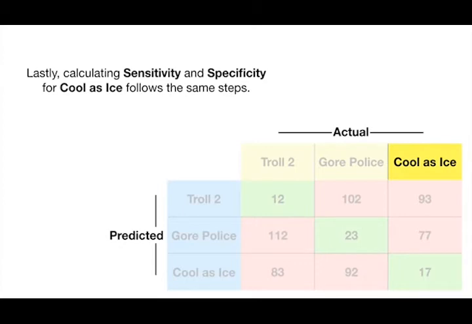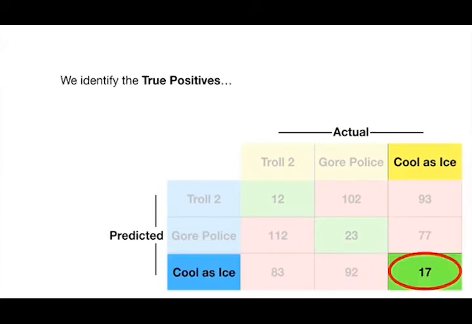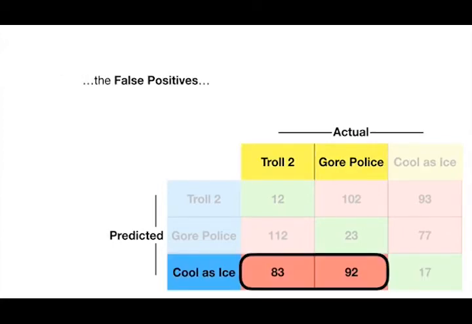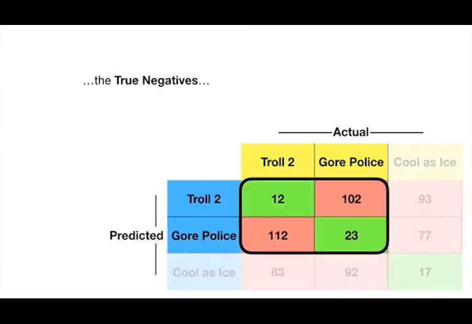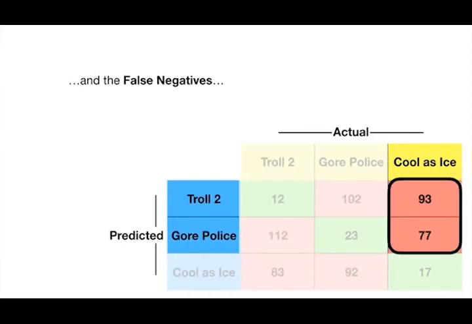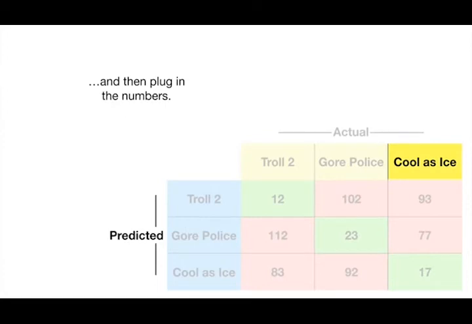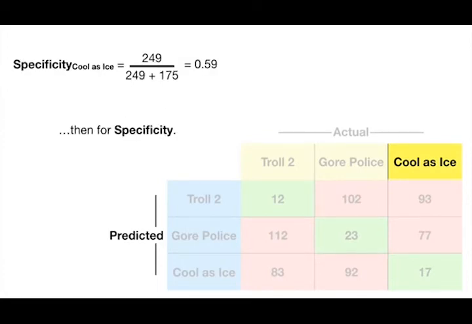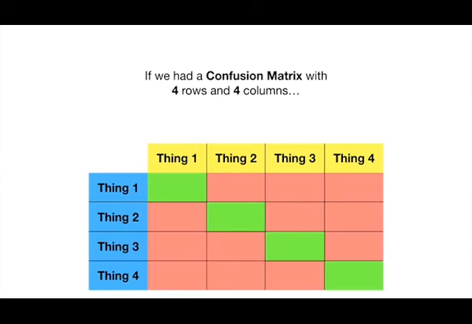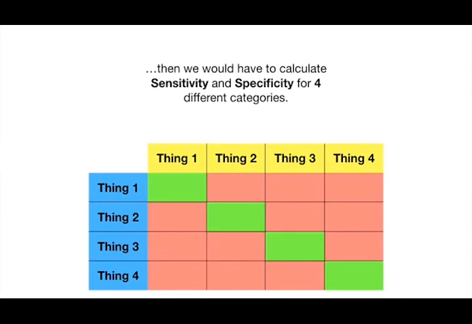Lastly, calculating sensitivity and specificity for Cool as Ice follows the same steps. We identify the true positives, the false positives, the true negatives, and the false negatives, and then plug in the numbers. First for sensitivity, then for specificity. Double bam! If we had a confusion matrix with 4 rows and 4 columns, then we would have to calculate sensitivity and specificity for 4 different categories. Little bam! In summary,